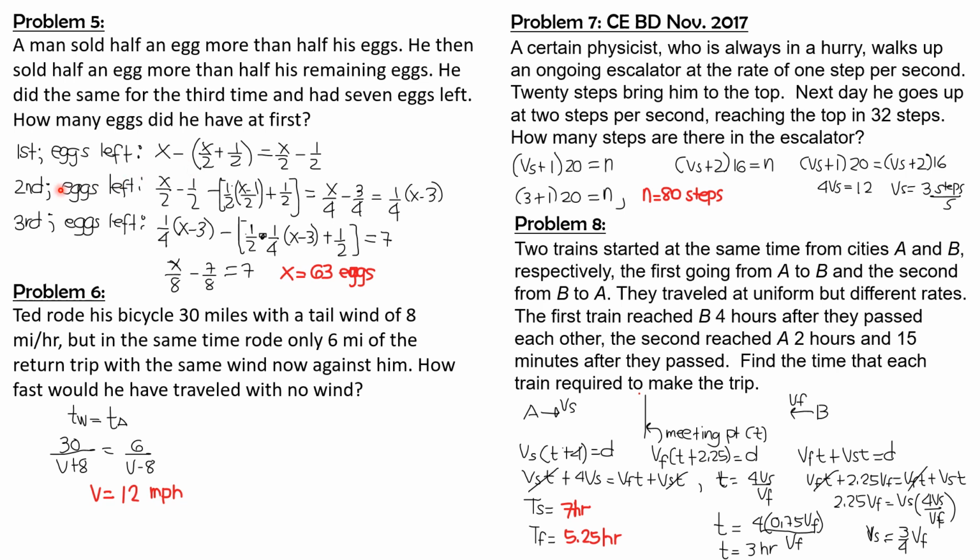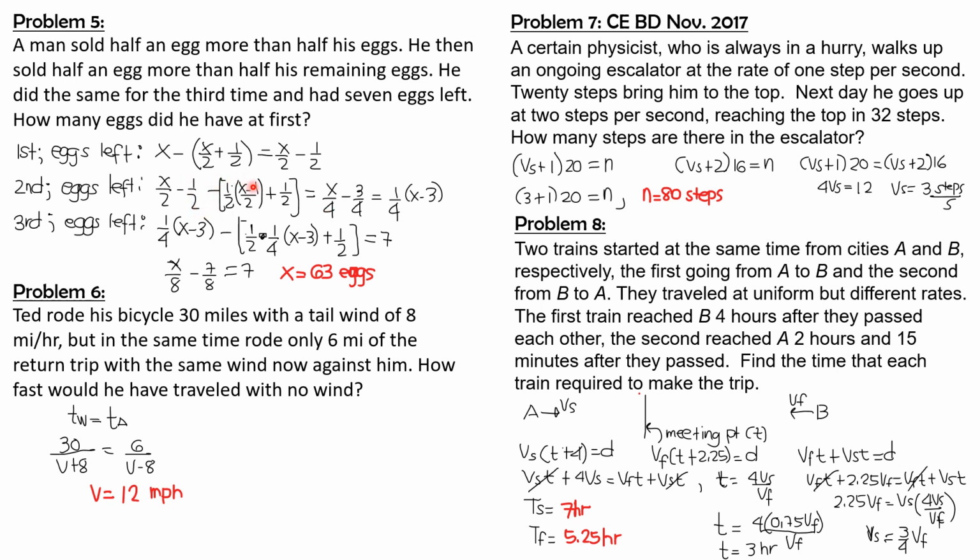Then for the second selling, eggs left would be, this is the remaining number of eggs from the first selling. Then the man sold half an egg more than half his remaining eggs. So 1/2 of the number of eggs left after the first selling. Then simplifying, 1x over 2 minus x over 4 is x over 4. Then negative 1/2